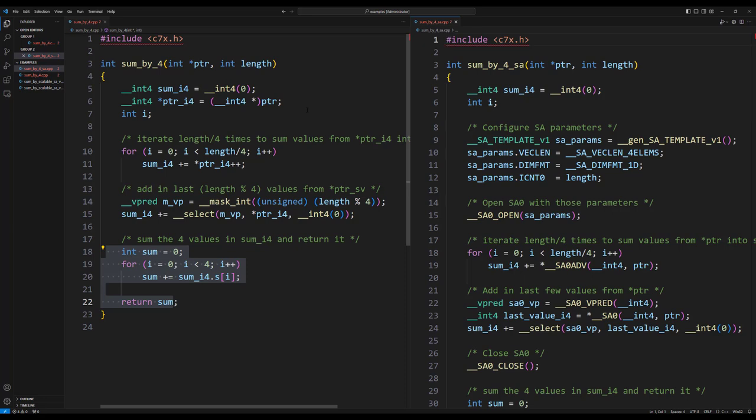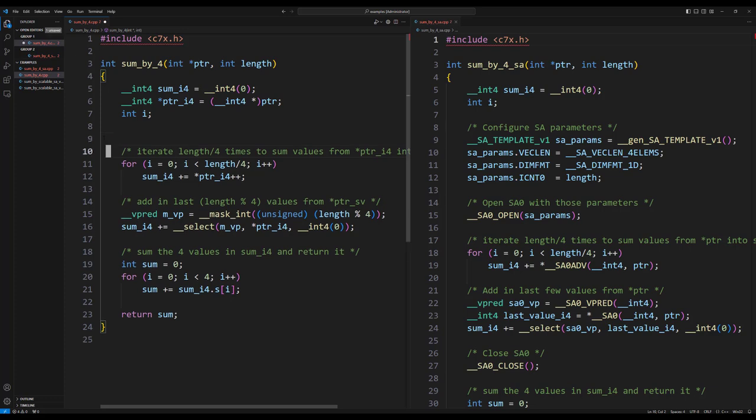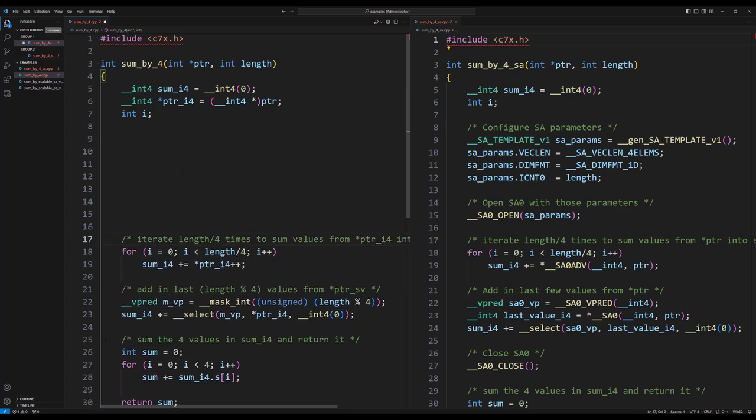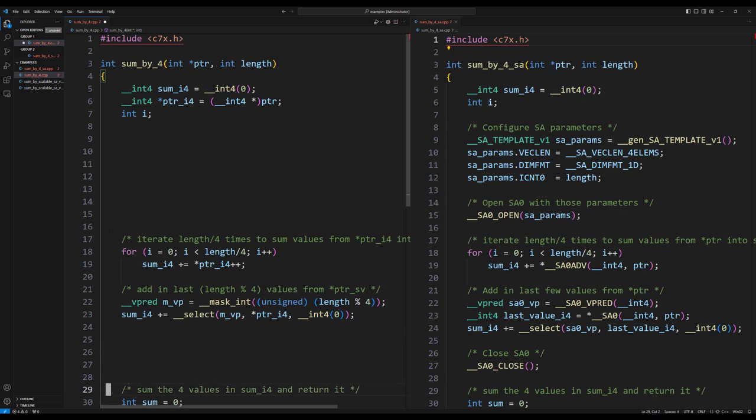Whenever we're looking at comparisons of code in this video and the next, the older code is on the left and the newer code is on the right. Next thing I like to do is to line up things that are the same to make the comparison easier to see.